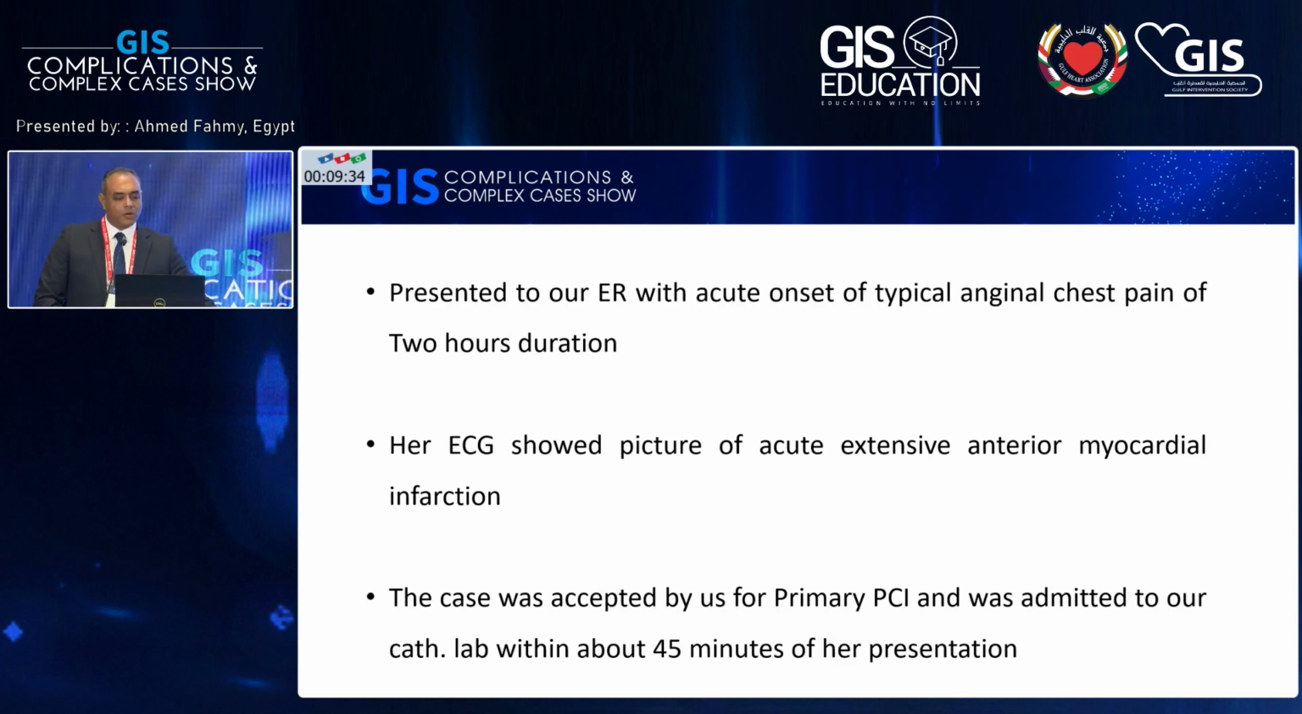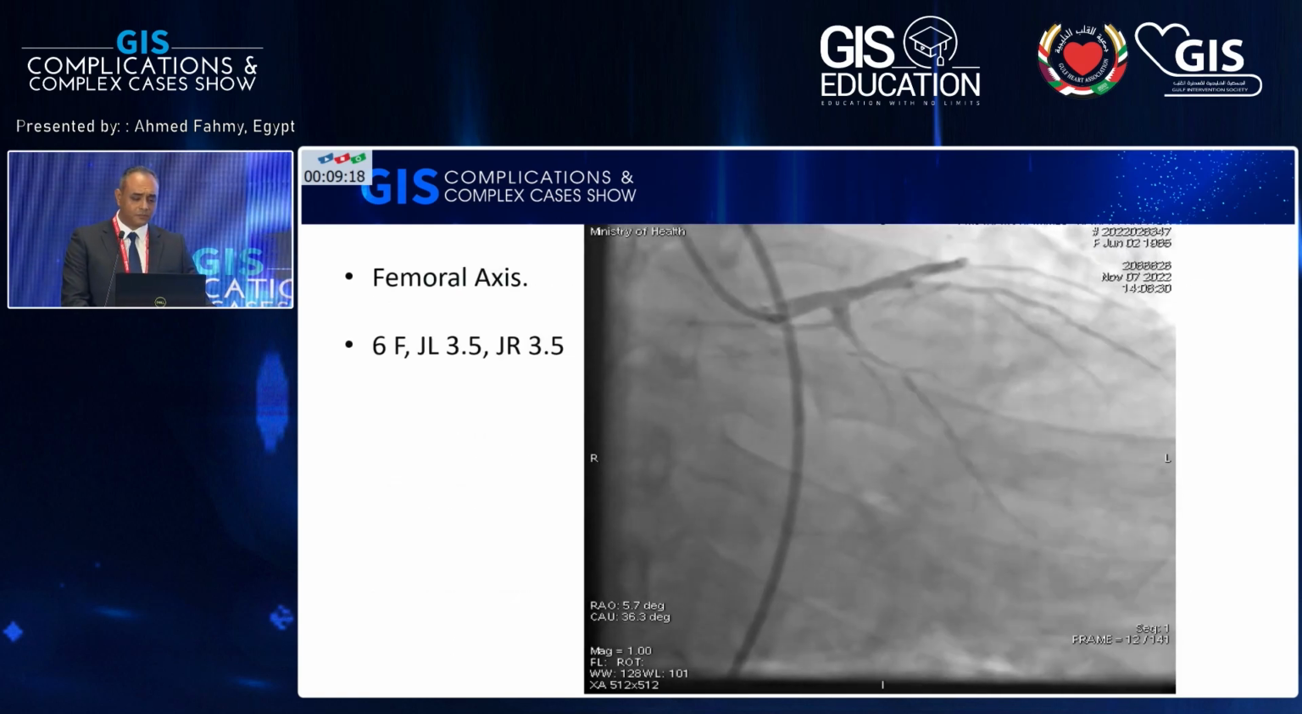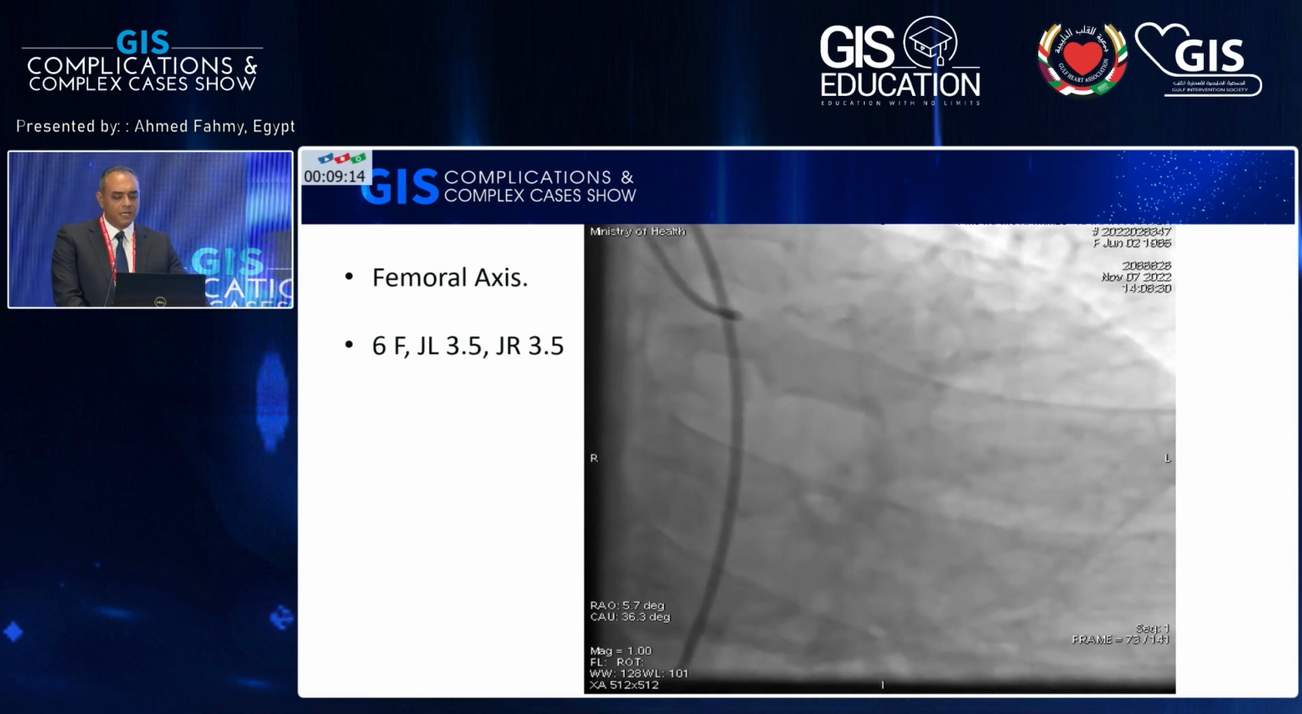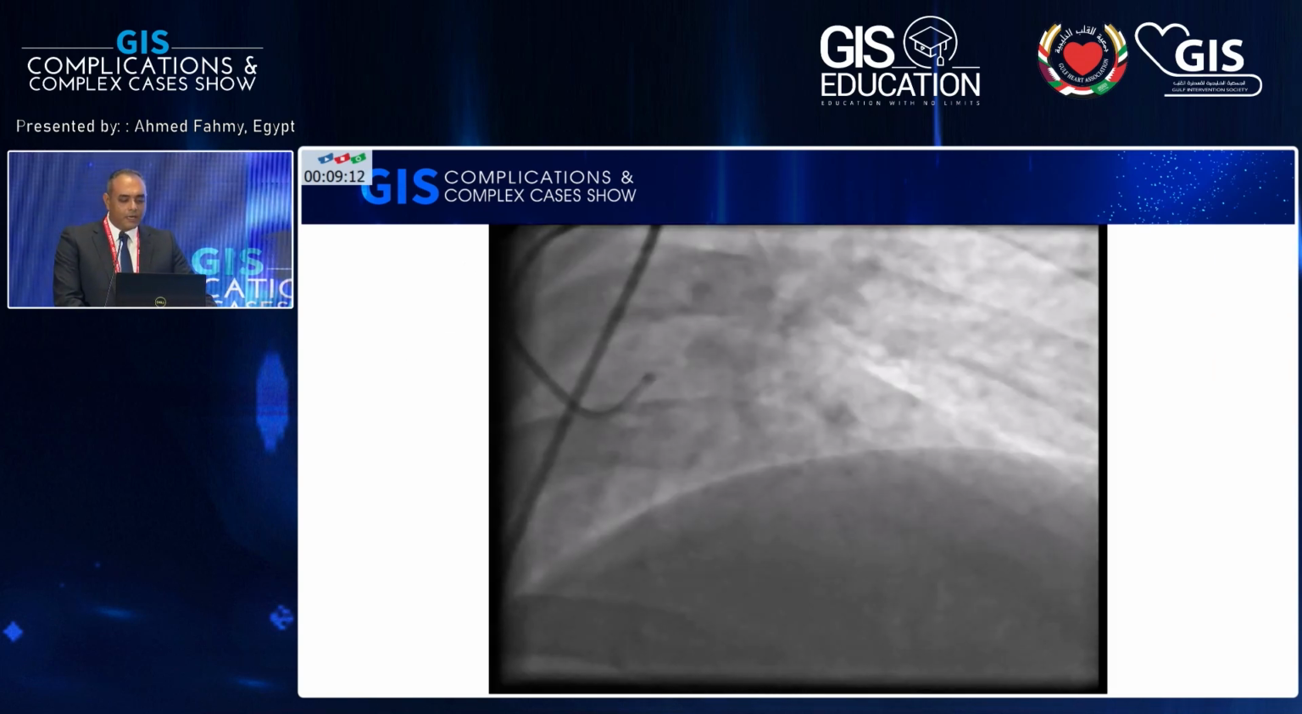She presented to our ER with acute onset of typical anginal chest pain of 2 hours duration. Her ECG showed a picture of acute extensive anterior myocardial infarction. The case was accepted by us for primary PCI, and she was admitted to our cath lab within about 45 minutes of her presentation. Her coronary angiography shows total LAD, diseased LCX and OM, and